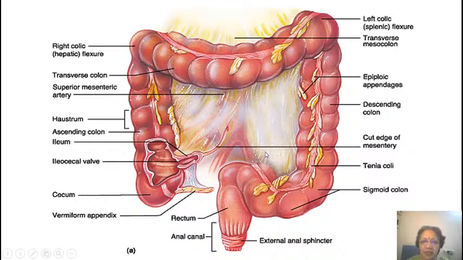It's not a very good picture, but if you look at the sigmoid mesocolon, it will have a V-shaped attachment. The descending colon will stop somewhere here, and from here where the sigmoid starts, it becomes intraperitoneal. So from this edge to this edge will be a fan-shaped mesentery called the sigmoid mesocolon, and its attachment on the posterior abdominal wall will be an inverted V shape, and the apex of the V will be lying on